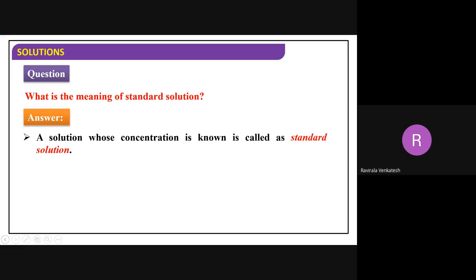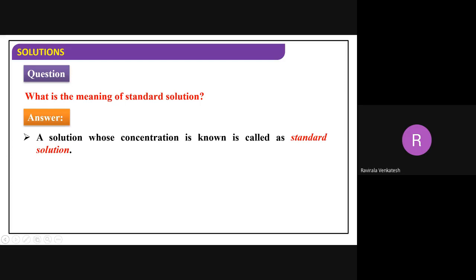If we change the solvent value, definitely the concentration also changes. In general cases, the value of the solvent is fixed and the mass of the solute is changed to get different types of solutions. It doesn't mean that in all cases we must do that; we can change the value of the solvent and the concentration also changes. It is not compulsory to fix the solvent value. We can change the value of the solvent to get a differently concentrated solution. When you do the problems, you will get this one.